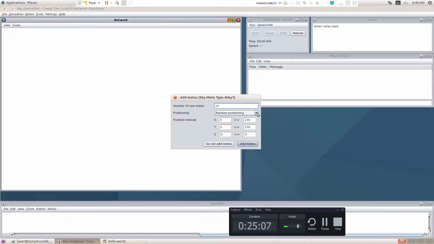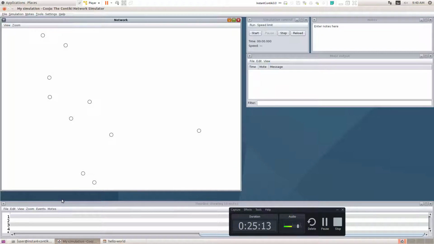Okay, I'm going for the random positioning. Now I'm just going to click add nodes. Now the nodes are positioned randomly. You can adjust the nodes. If you want, you can drag and drop. You can adjust the position, so wherever you want, you can keep the nodes. So now I'm just keeping the nodes according to my wish. I'm going to just pull it down and you can arrange it as per your requirements.